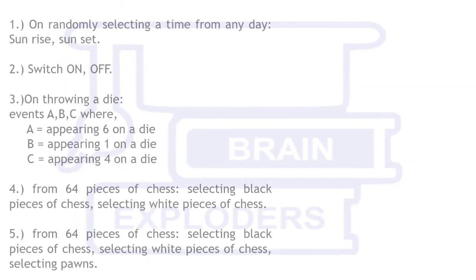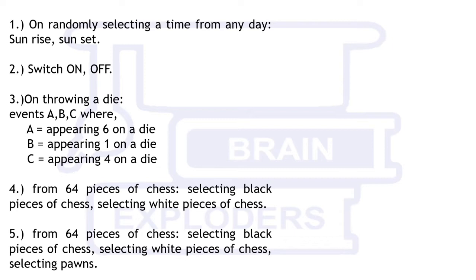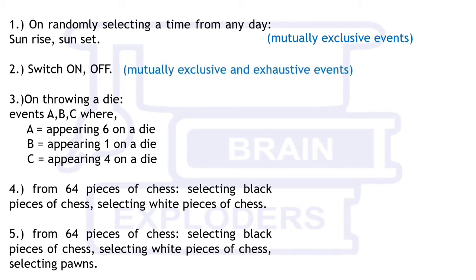Here, sunrise and sunset are only mutually exclusive events. They are not exhaustive because sometimes there is neither sunrise nor sunset, for example afternoon or evening, etc. But switch on and switch off are mutually exclusive and exhaustive events because either the switch will be in on position or off position. No other situation is possible and one of them will certainly occur,